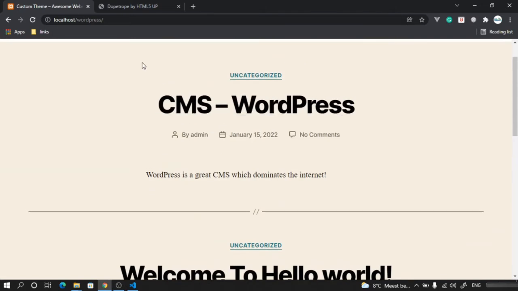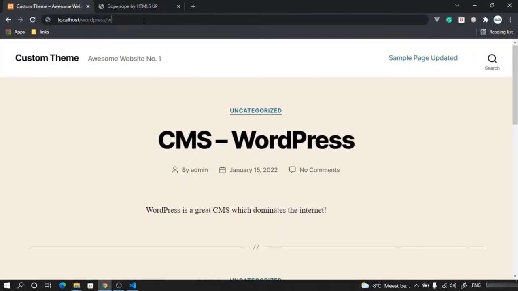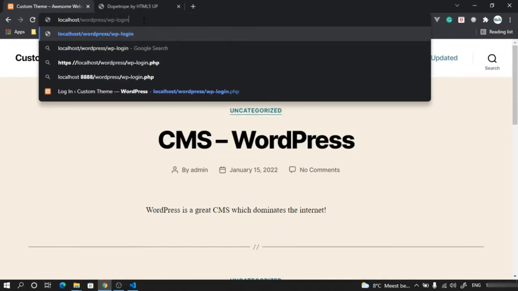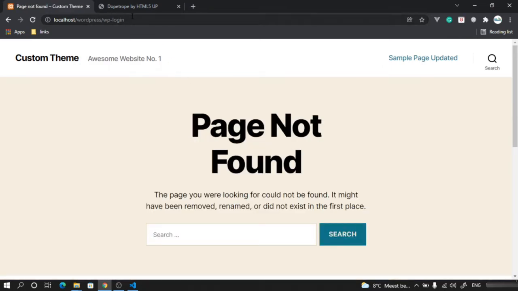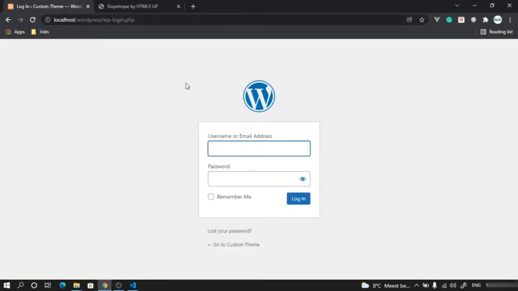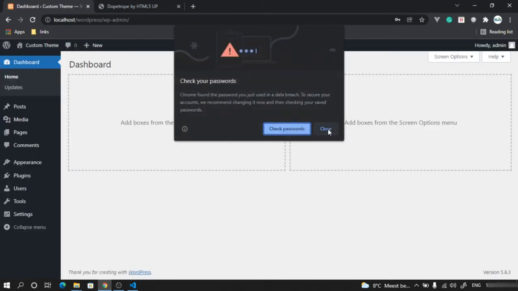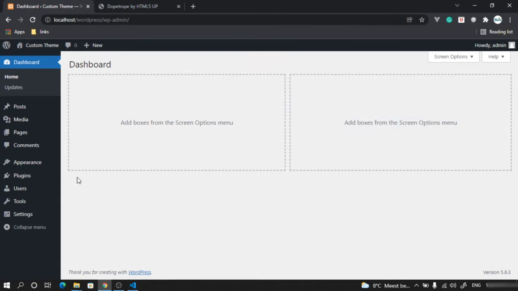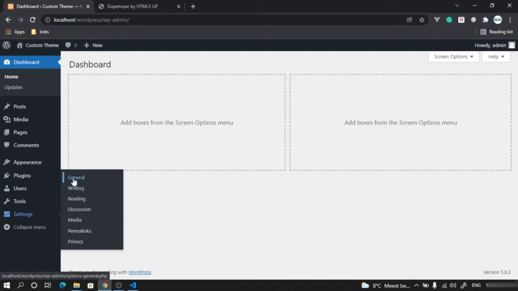So if we want to log in, we have to say wp-login.php, hit enter, and type your username and password. So now that we have created a file, what we can do is in our settings, general,